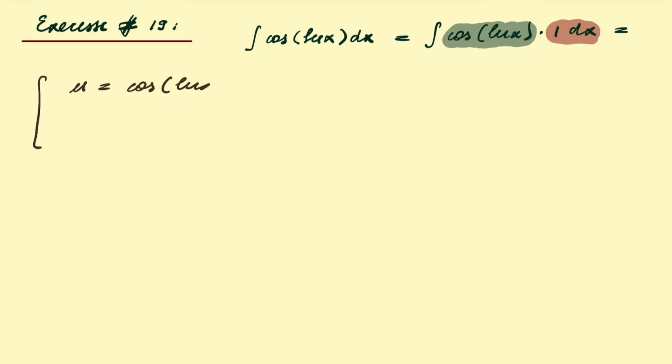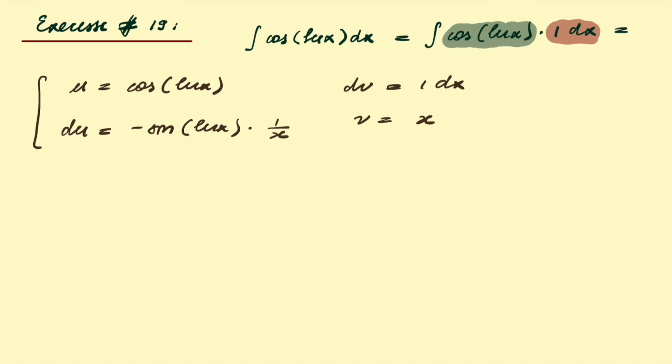Cosine of ln of x, and dv we take as 1 times dx. So from here du will be sine of ln of x with the sign of minus and times 1 over x, right? It's like this. And dv is 1 times dx, so